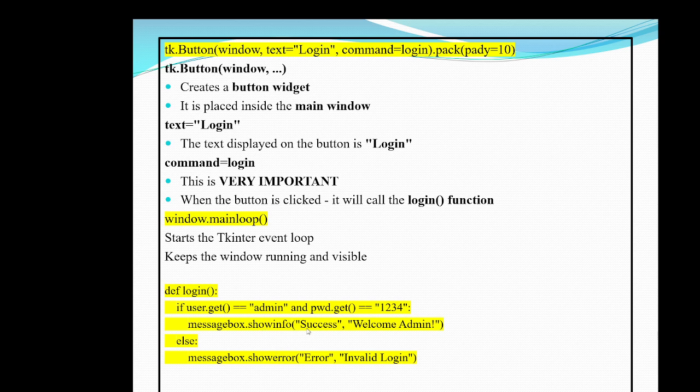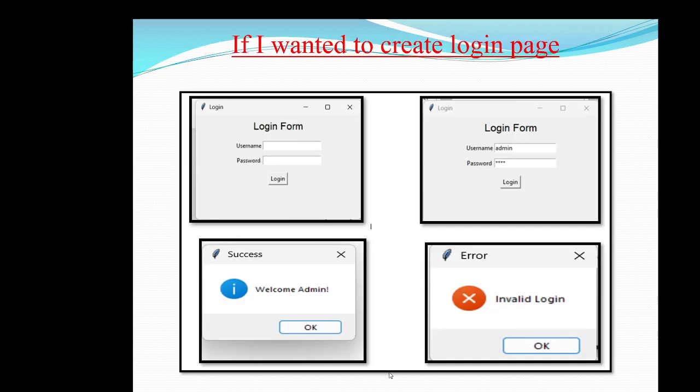The message box title should be success, and the text displayed within that pop-up window is welcome admin. If it is false, then the pop-up window title should be error and the message should be invalid login.